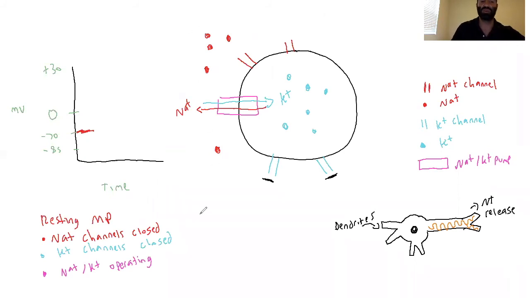It's going to reverse polarity, depolarization. What that means is that the cell is going to have a positively charged electrical environment. The inside of the cell is going to have that positively charged environment compared to the outside. What's going to happen is that sodium channels are going to open, and sodium is going to flow into the cell,